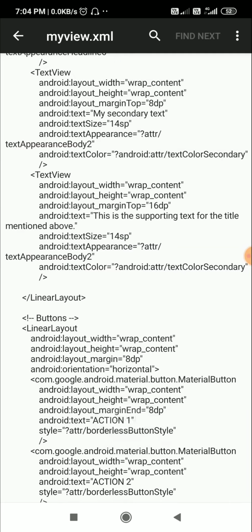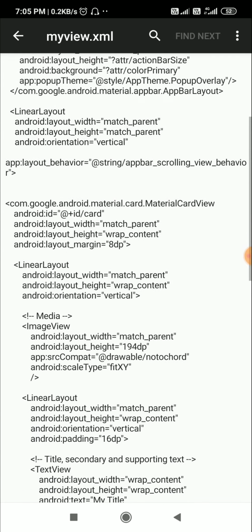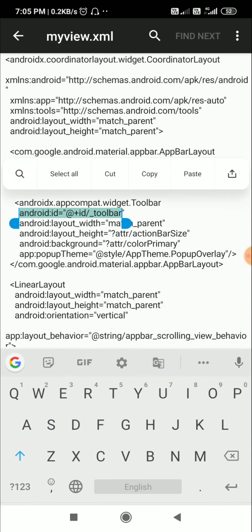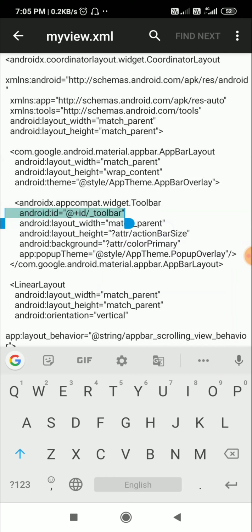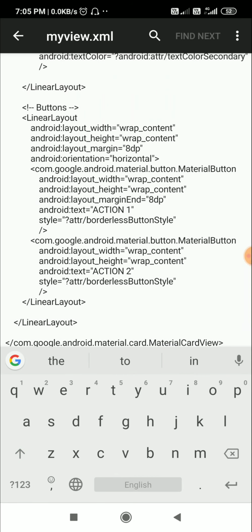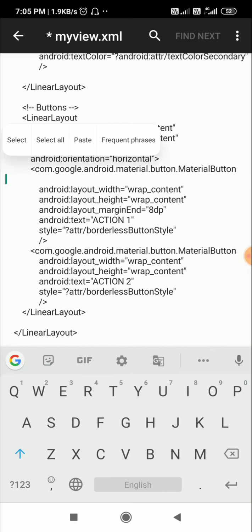Okay, and for the buttons let's add some ID. So here I will use android:id for the button. This is button 1, the material button, for which I will add this ID.